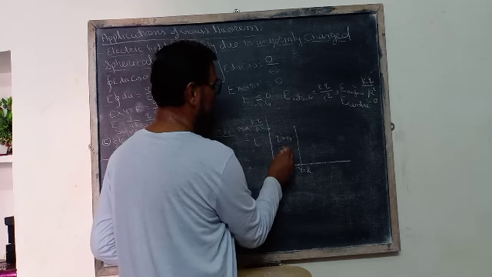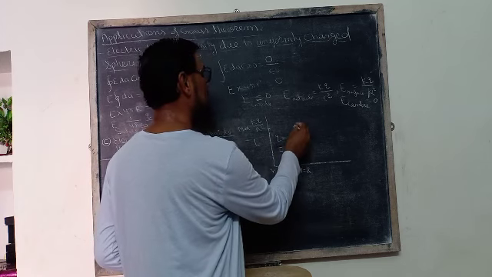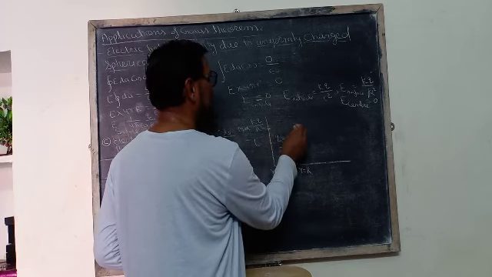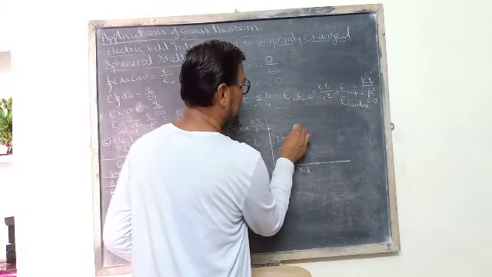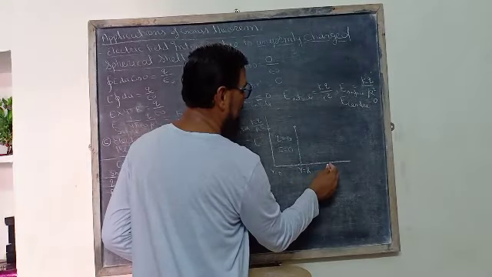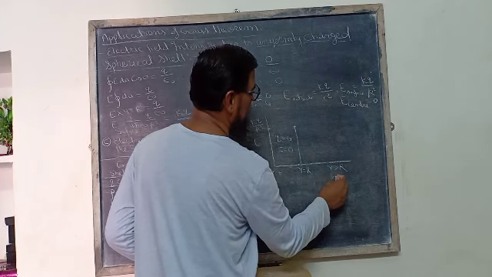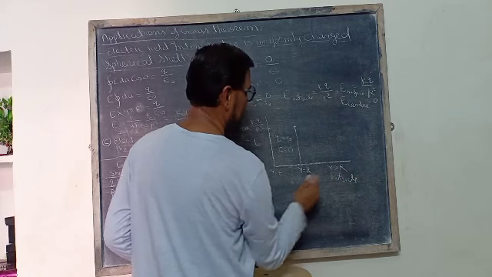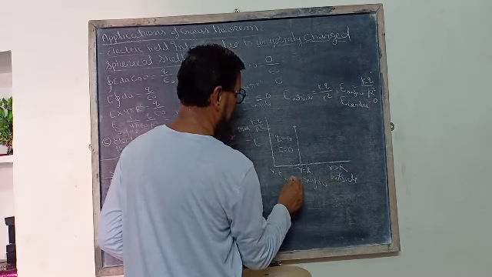Then this is the maximum electric field intensity kq upon capital R square, and then when one goes to small r greater than capital R, this is outside, this is on the surface, and this is inside,